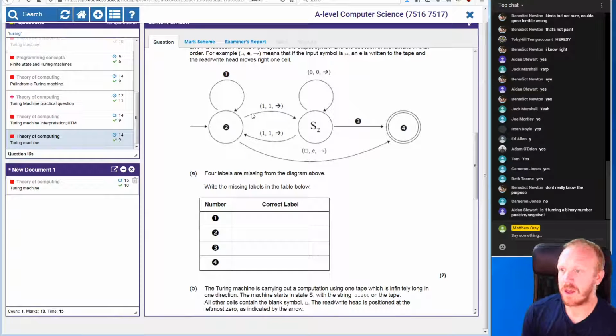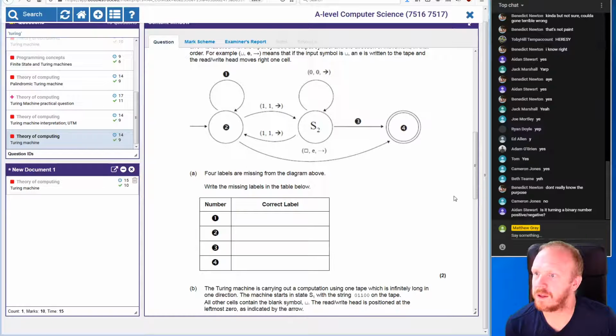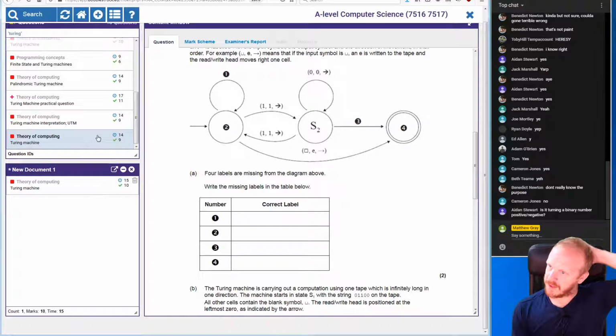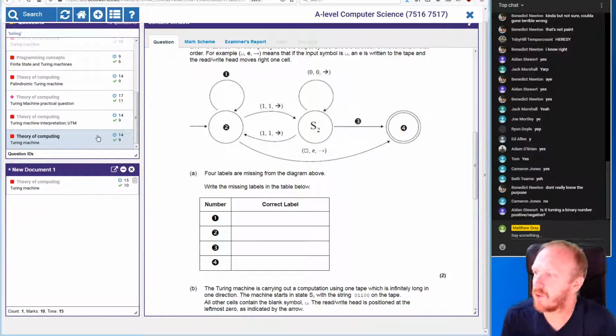Okay. So what I'll do, just to finish this one, there's a couple of things. I'm going to export a couple of these questions. I'll post them on